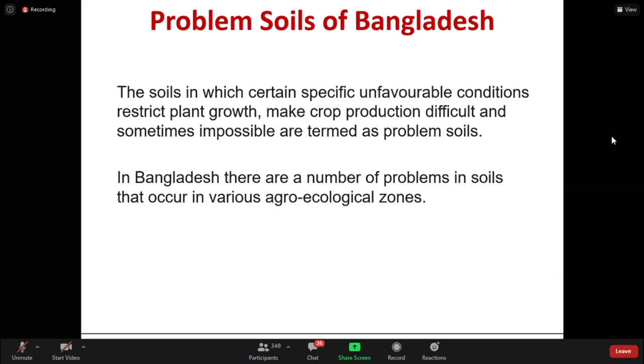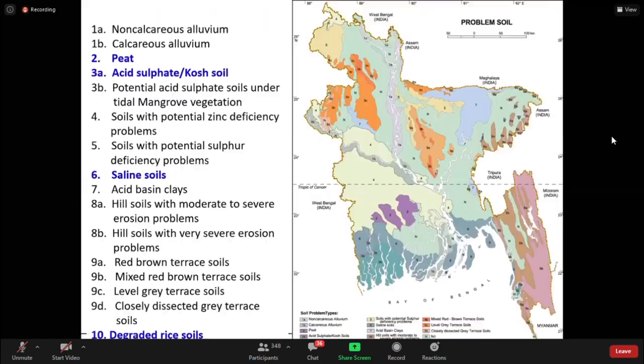We first mentioned non-calcareous alluvium and calcareous alluvium. Non-calcareous alluvium: all the chars along rivers other than the Padma, the char lands, we call non-calcareous alluvium. And the chars of the river Padma, Ganges, these are calcareous alluvium. What is calcareousness? Presence of a higher amount of calcium carbonate in soil. The soils having a higher amount of calcium carbonate are called calcareous, and the soils that have a lower amount of calcium carbonate are called